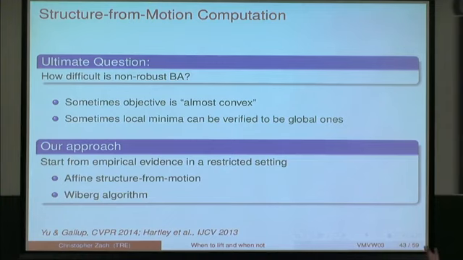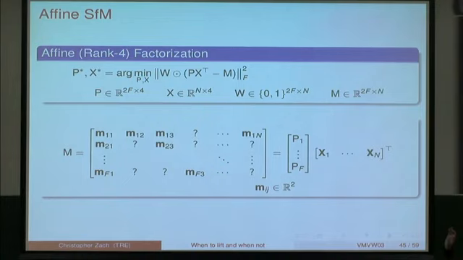In affine structure from motion, the camera model is quite simplified, so you don't have the pinhole model, and you don't have this perspective projection in there. The image observation is just explained as the matrix product, camera matrix times the 3D point, and you have given measurements in the image, and you want to find camera matrices and 3D points that explain your observations as well as possible. And I think Carl also briefly explained this problem.